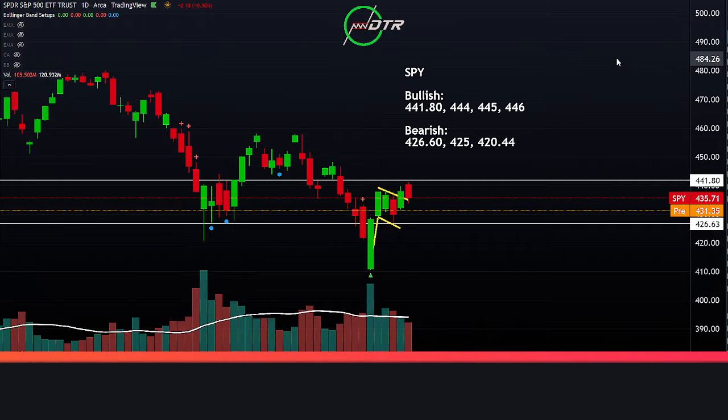So SPY, right? Gapping down here this morning and sort of back within this consolidation range. No real high volume day here as we continue to grind down, make higher highs on decreasing volume. Inside the middle of this range, it starts to become very challenging for us to get follow through in either direction. Breakdowns start to occur under this 426.60 or above this 441.80, but we're like $10 from the upside, $5 from the downside. So we need a lot of momentum to step in and support these moves